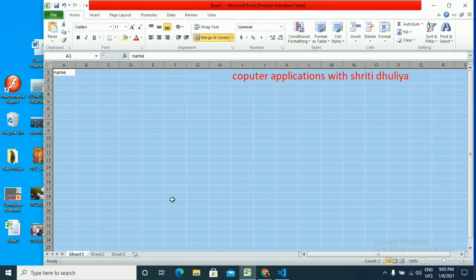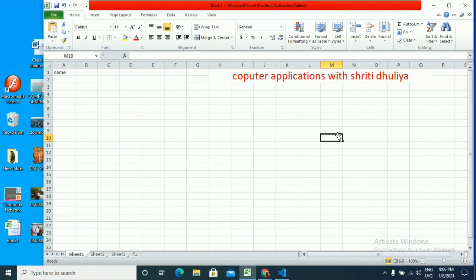So click here and see the entire sheet will be selected. If you want to deselect the selected cells or cell range, then you have to just click somewhere on the screen. Then it will get deselected.